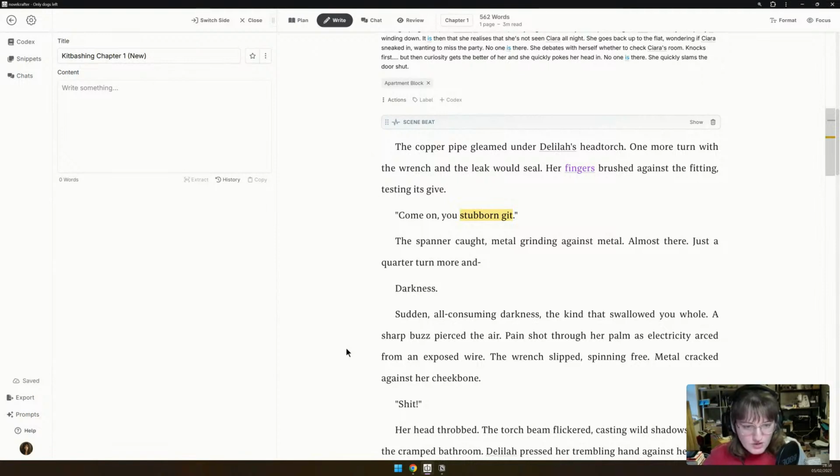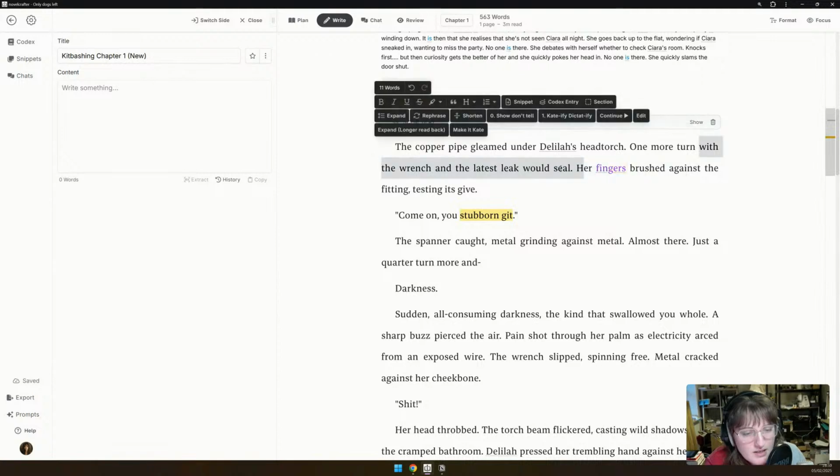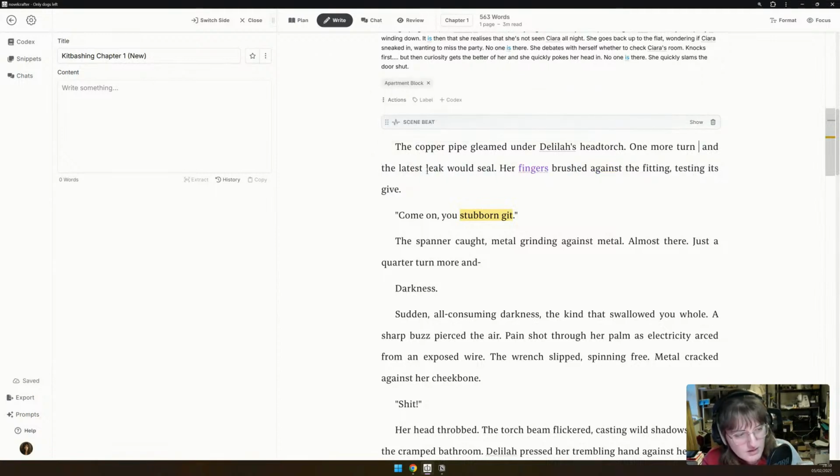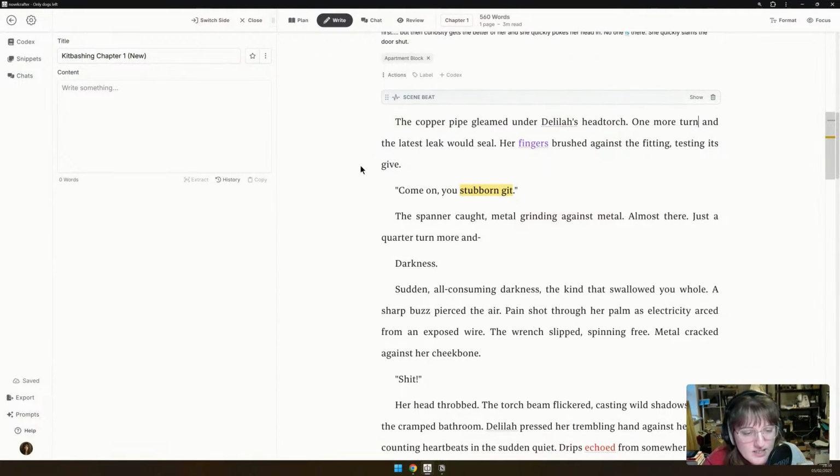Right, let's get to this. The copper wire gleamed under Delilah's head torch. One more turn with the wrench, and the leak would seal. It wasn't a leak. Latest. Okay, one more turn. It's implied, and the latest leak would seal.